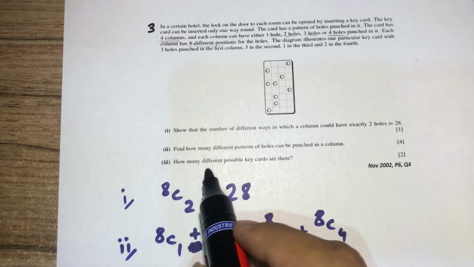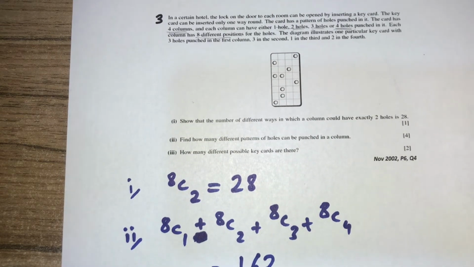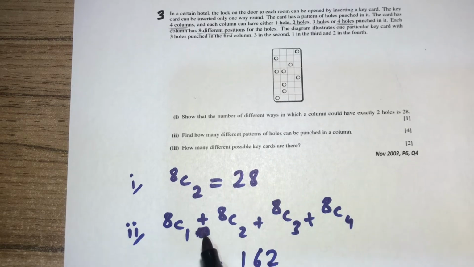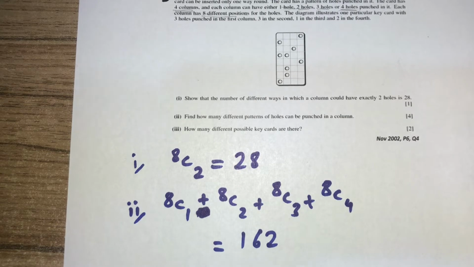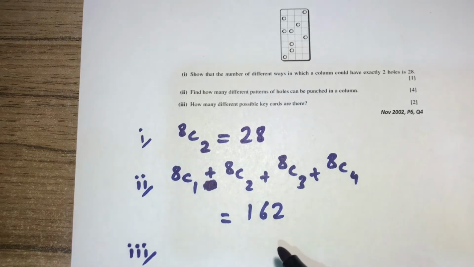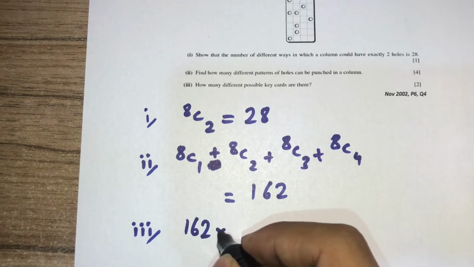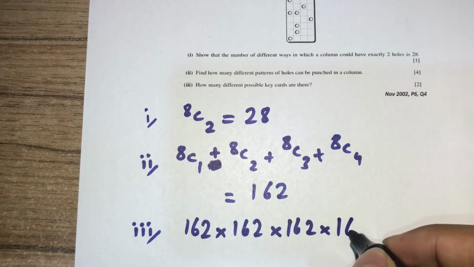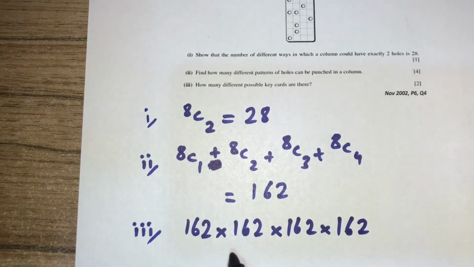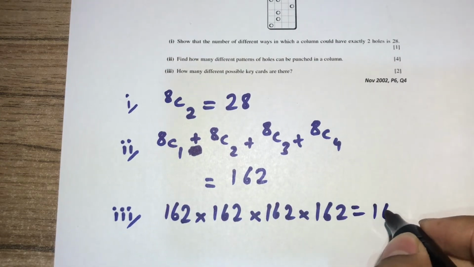In the last part, how many different possible key cards are there? So this is a little tricky. We know from the second part that each column can have 162 different arrangements. So if each column can have 162 different arrangements and there are a total of 4 columns, all the possible arrangements will be 162 times 162 times 162, third column, and then the fourth column 162. Since there are 162 possibilities in each column, we'll multiply that 4 times, which is equal to 162 power